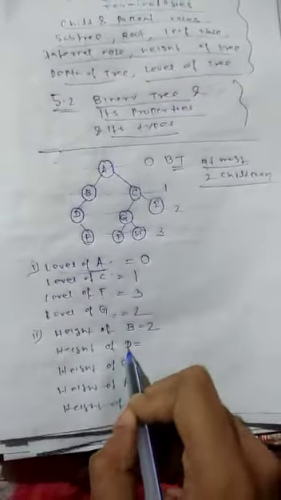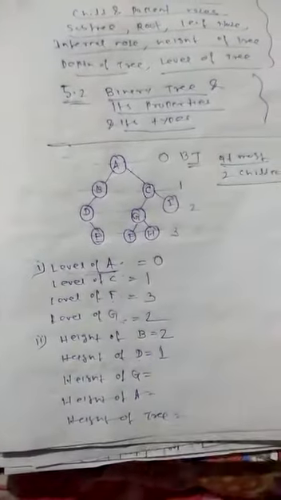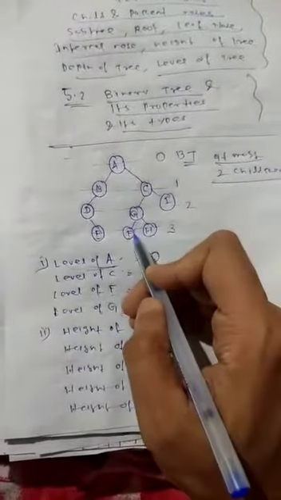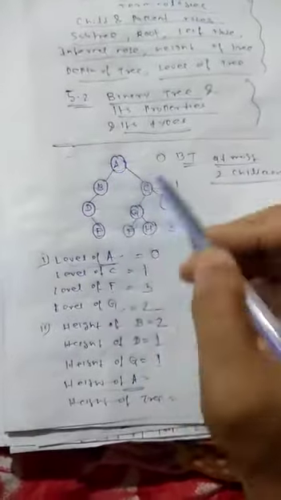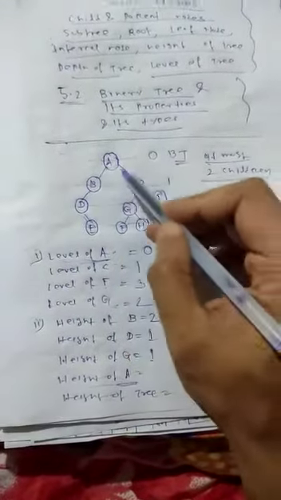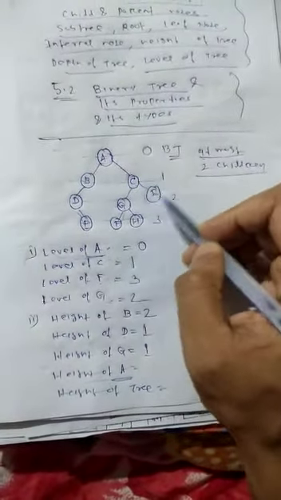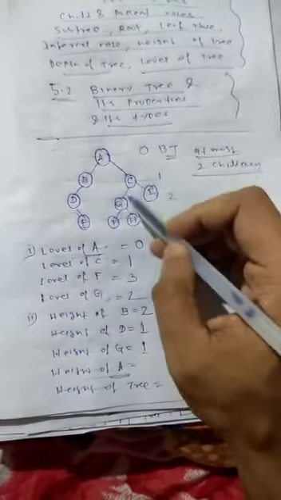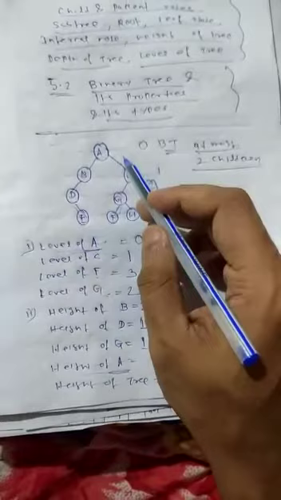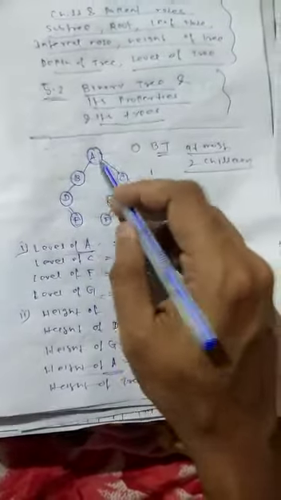Then what is the height of D? Here the height is 1, the longest path from that node to the leaf node. Then what is the height of G? G is 1 here, see, G to the leaf node is 1. What is the height of A, the root? Calculate the longest path. This is one path, 1, 2, 3. This is also one path, 1, 2. Here is the leaf node. And this is 1, 2, 3 and 1, 2, 3. We have to see all the paths, and find the longest path length, or number of edges, from the root to the leaf node. The longest path is 3. So the height of the root is 3.